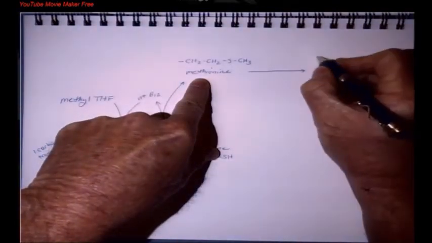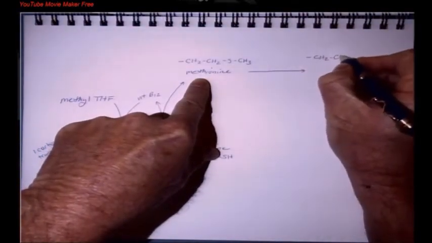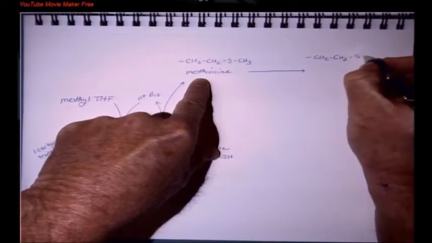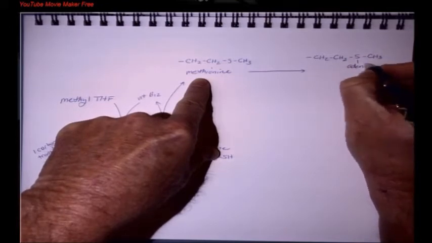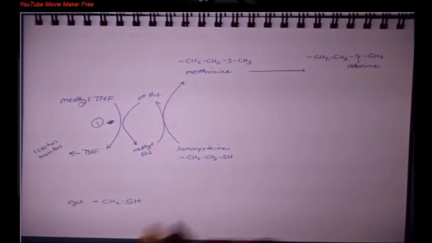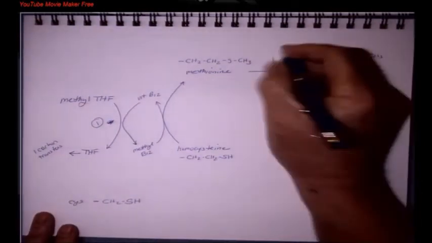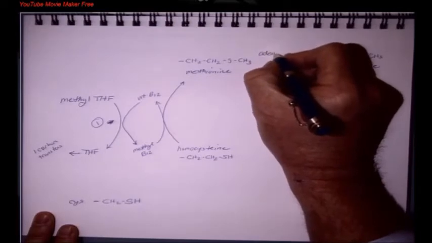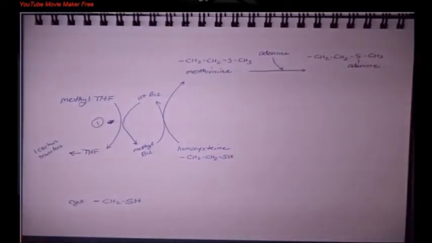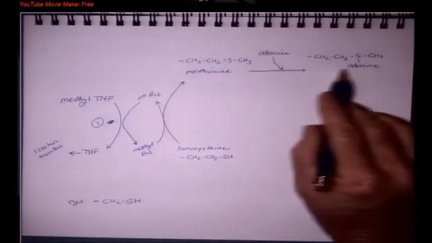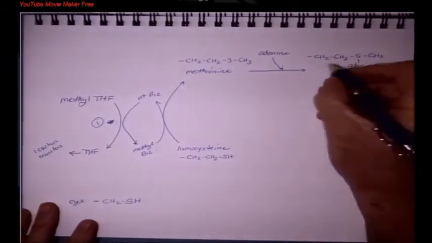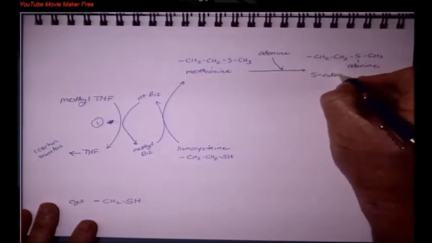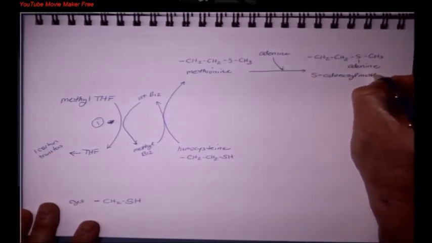And we're going to form this. We are going to add an adenine, the purine base, to methionine, and we're going to add it to the sulfur group. What we're forming here is called S-adenosyl methionine,